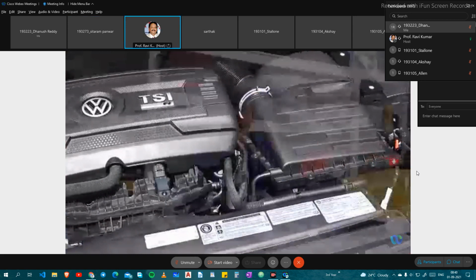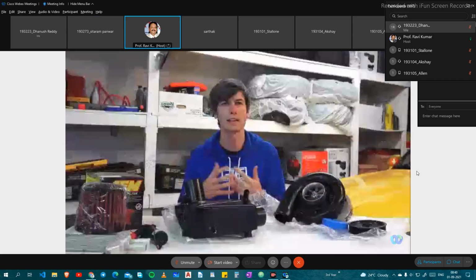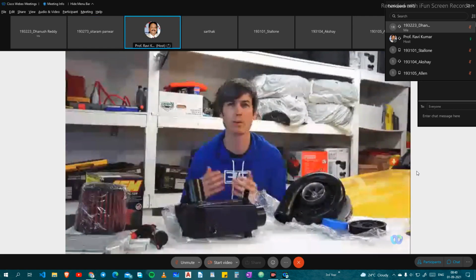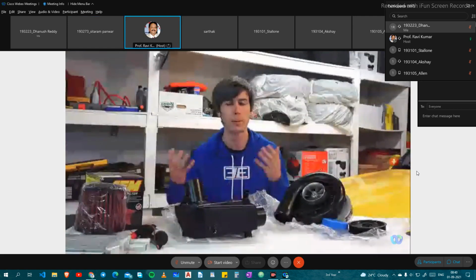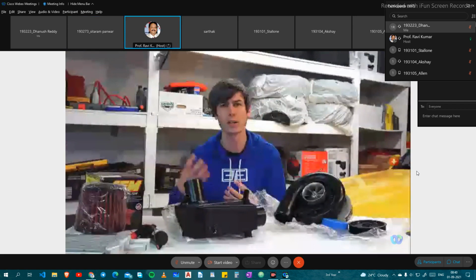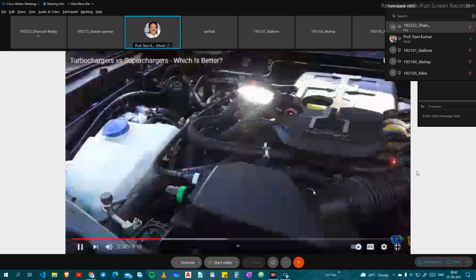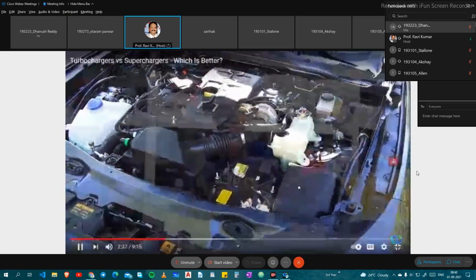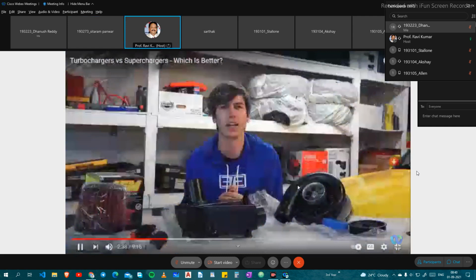It doesn't necessarily mean you'll get better fuel economy when you're flooring it. When you're trying to make peak power, you're going to use a lot of fuel. By downsizing that engine, pulling weight out of the car, using a smaller engine, there's a lot of advantages from a fuel economy standpoint, which is why it's so popular with manufacturers currently. So the biggest advantage of a turbocharger being, of course, it adds power and it does so efficiently.